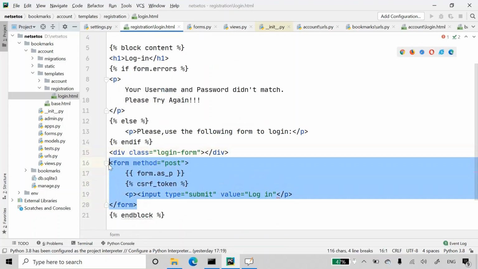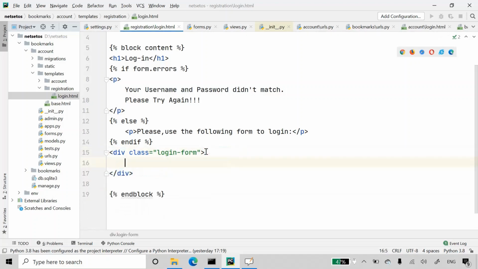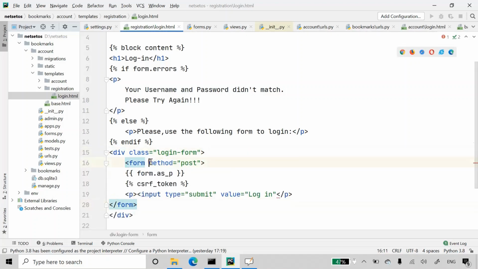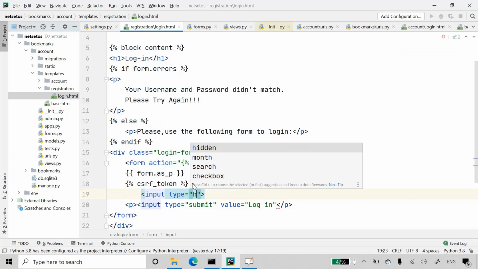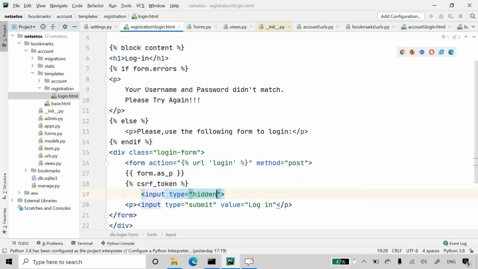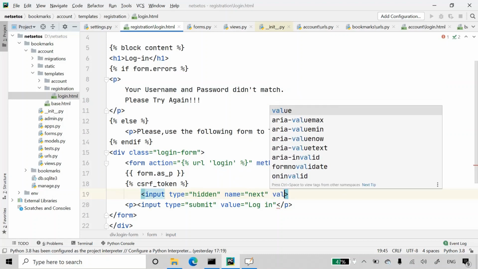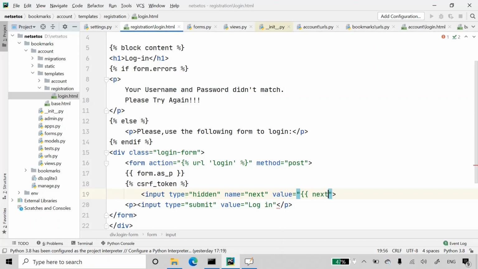Let's define this form inside this div class. And here I'll define action. Here we will have URL login, and method will be post. And here we will have input type, which will be hidden, name equal to next, and value will be next. And here we will close this.